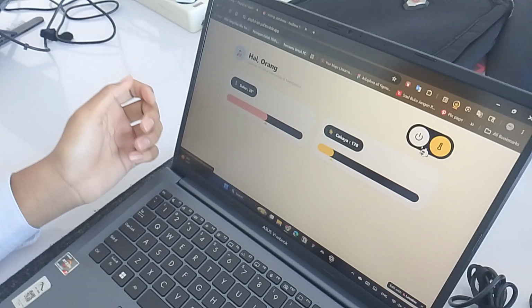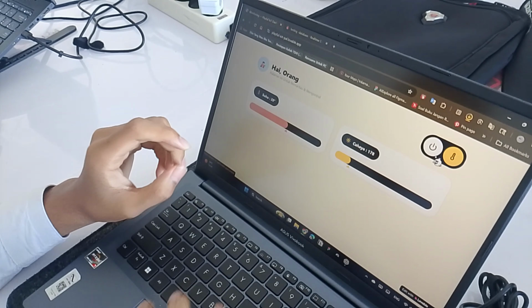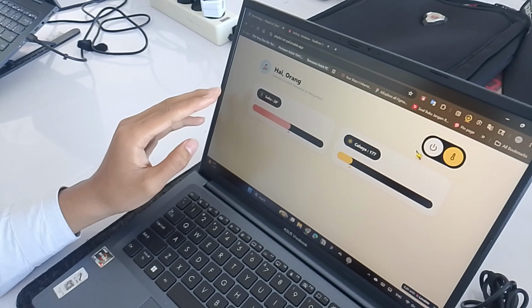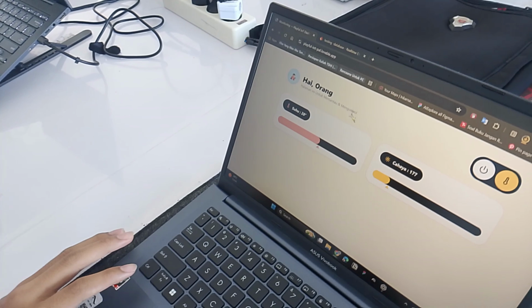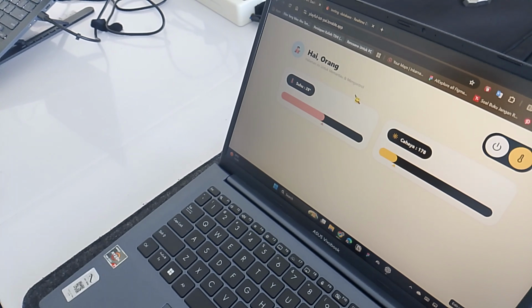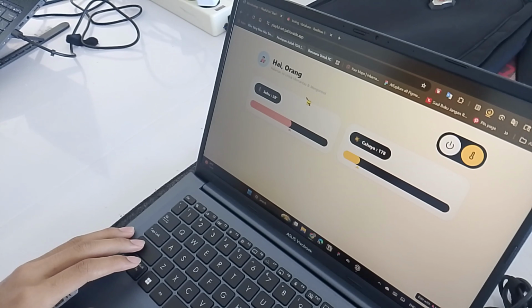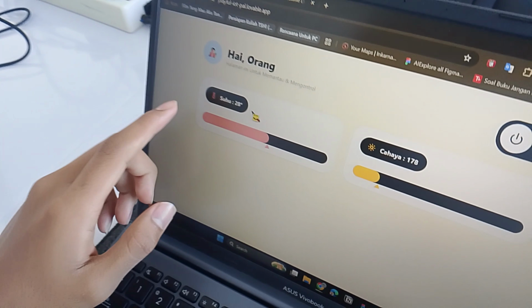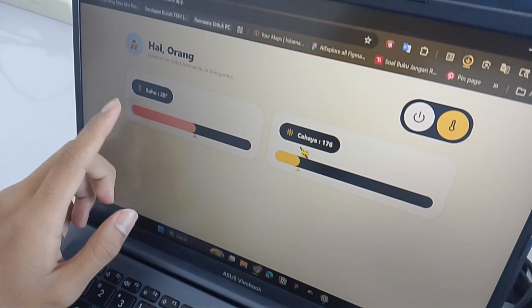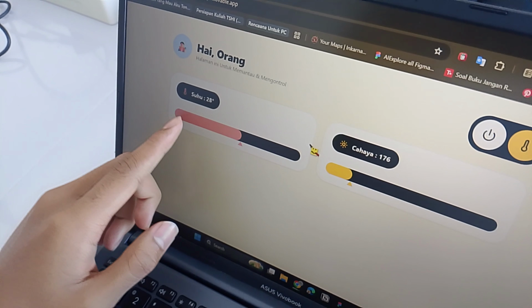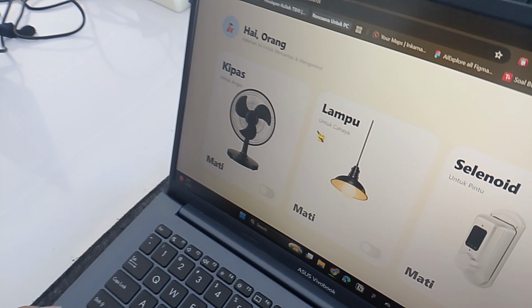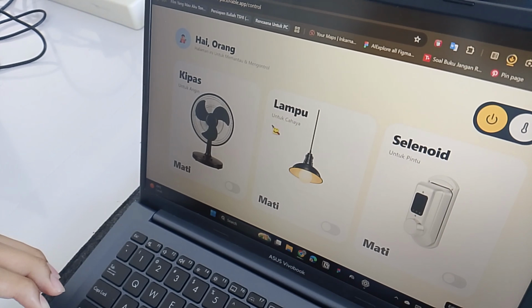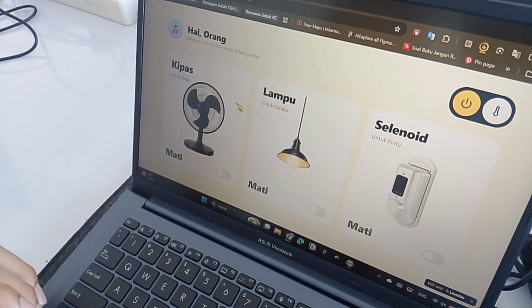Wassalamualaikum warahmatullahi wabarakatuh. So here my part is making the website. I made the website using the Lovable app. Here I made the website function for suhu, the temperature, with a sensor for suhu and a sensor for cahaya, light, and this is where we can control the functions.